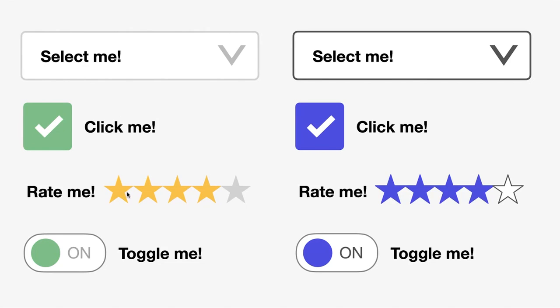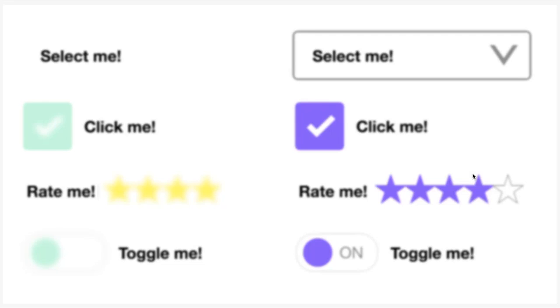But with the stars, the star needs to contrast with the background if it's filled, but the unfilled star also needs to contrast with the background and with the filled star. So that's why you've got this thick border here. It's not enough just to make sure that this star is sharp against the background. It also needs to be different against the star next to it. This is surprisingly tricky. It's one of the reasons why these kinds of controls are hard to pull off.